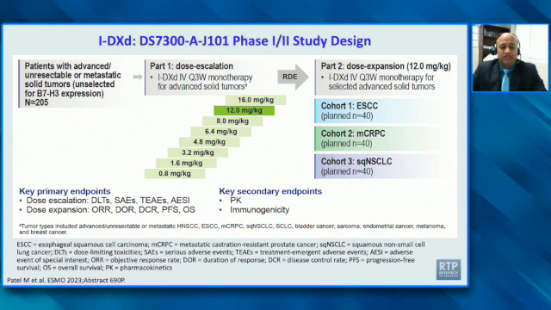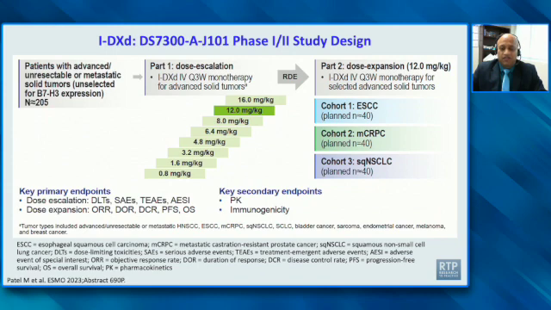This was the phase 1/2 study design that we conducted and presented at ESMO. Initially, patients with advanced, unresectable, or metastatic solid tumors were enrolled. These were unselected for B7H3, and over 200 patients were involved in this trial, which is still ongoing. In terms of dose escalation, it moved all the way up to 16 milligrams per kilogram, which was felt to be too toxic, and so 8 milligrams per kilo and 12 milligrams per kilo were further